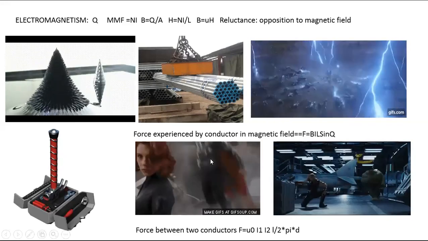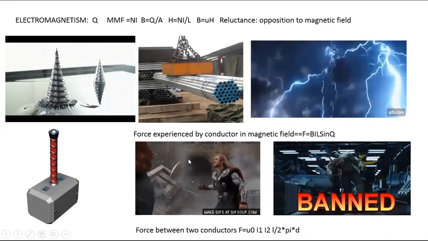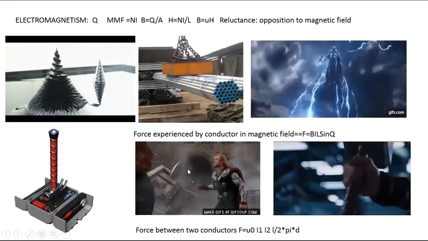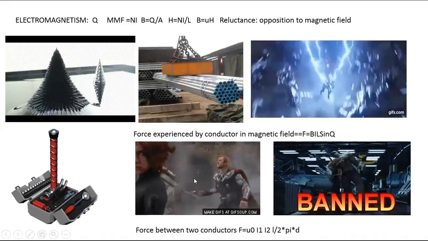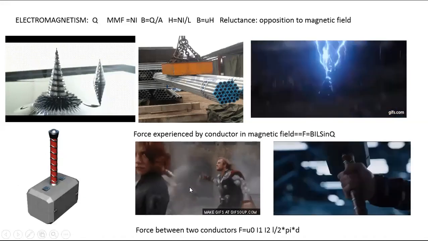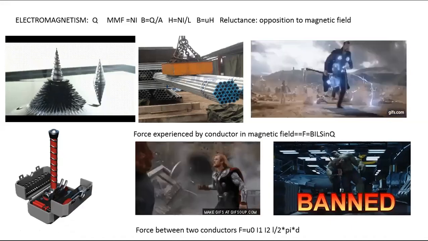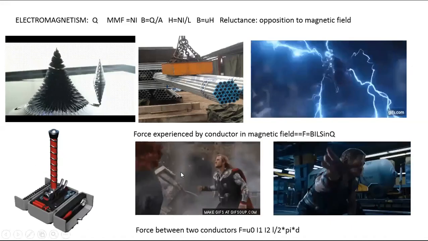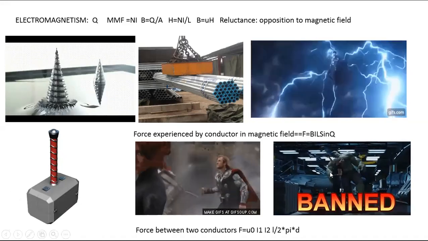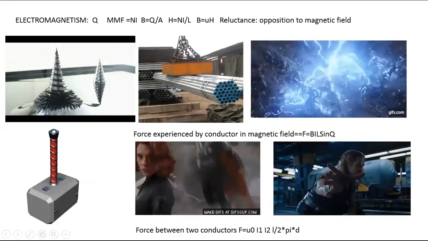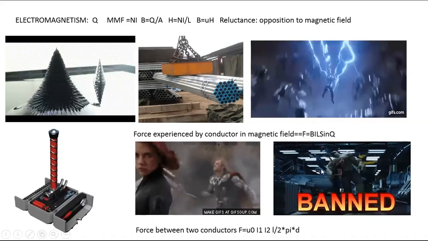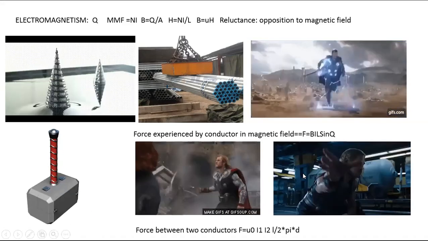Now you tell me, in this figure, which figure? The sixth one, I think. Sorry, fifth one. How much force is created by that magnet here? It is lifting the human body. Come on, tell me. The force created by this magnet, F is equal to B square into A by 2 mu naught. Yes sir. Here also you can see how this hammer is coming to his hand. So this person, Thor, is able to create his own electromagnetic field.